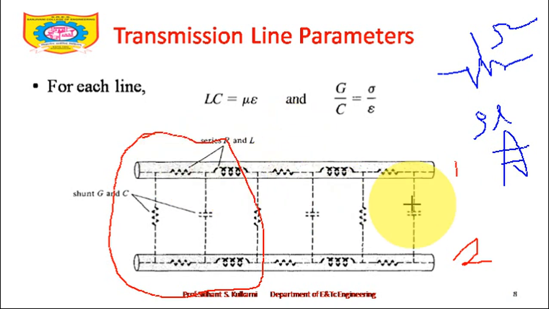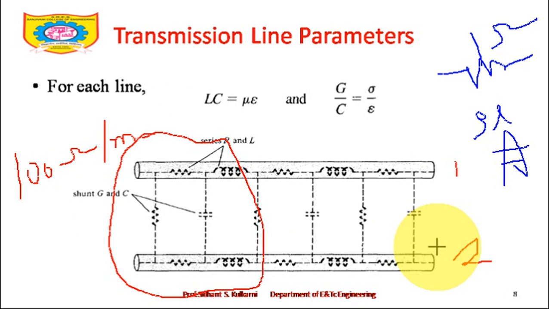If someone asks you, you should definitely ask what is the length of the transmission line, then only I can tell this resistance or capacitance or whatever the parameter. You cannot say directly it is 1 ohm. Let's say I have a transmission line with a resistance of 100 ohm. You should always say it is 100 ohm per meter. So for a transmission line of length 1 meter, the resistance will be 100 ohm, because 100 ohm per meter into 1 meter, meter cancels, it is 100 ohm. If it is 2 meters, for a section of 2 meter length, the resistance is 200 ohms.